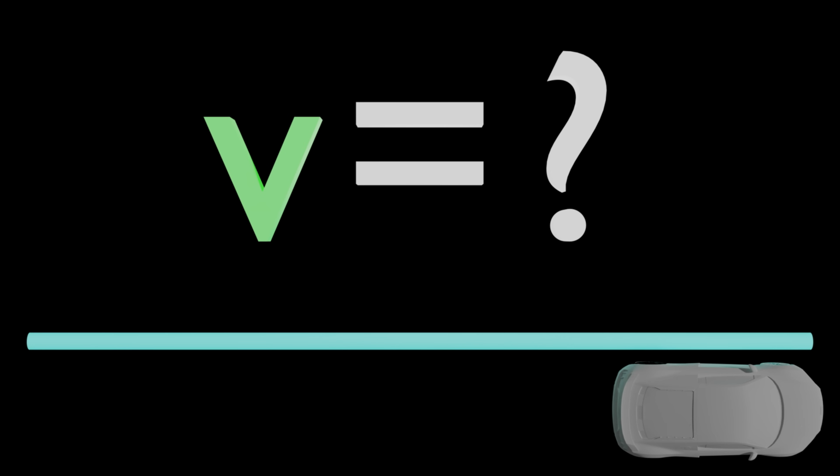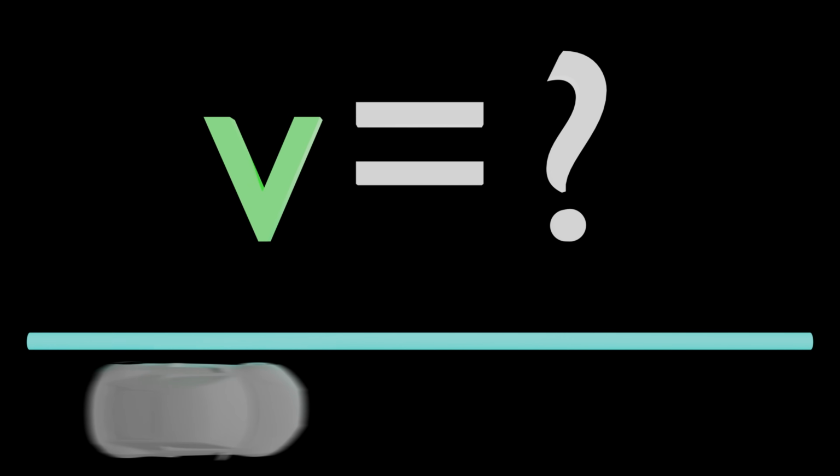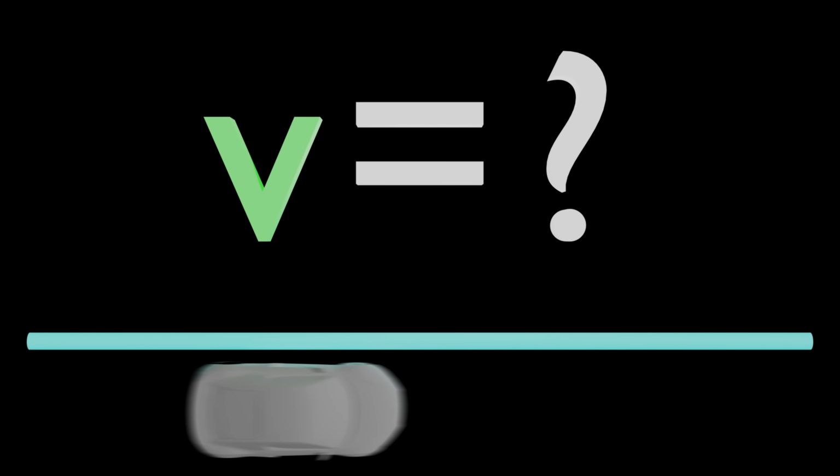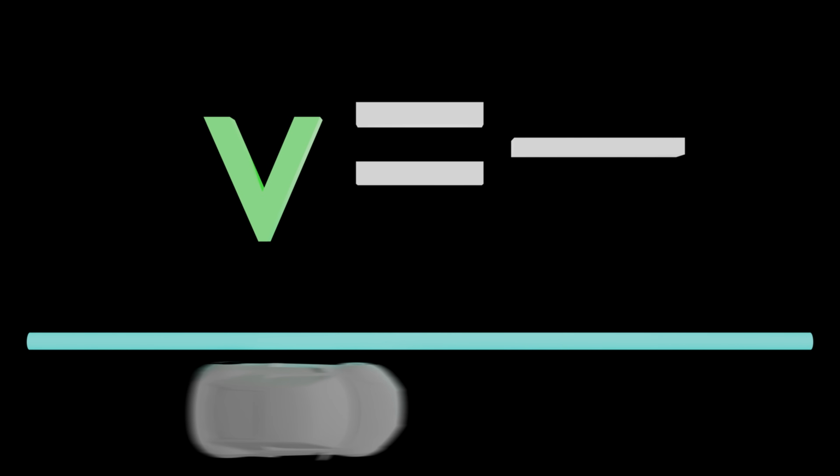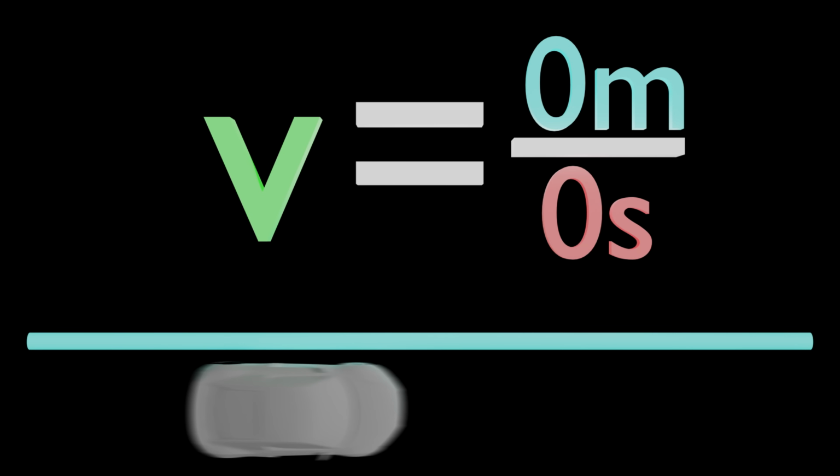What about the actual velocity at any moment? Well, let's rewind to the very beginning and let's stop the car mid-track. How quickly is it going at 2 seconds? In the exact instant 2 seconds have passed. Well, that's simple. After 2 seconds, in that instant, the car has traveled 0 meters in 0 seconds. I mean, we're talking about an instant, right? That's what an instant is. 0 seconds. So obviously the car has traveled 0 meters. It's an instant. Once again, we're faced with the exact same problem.